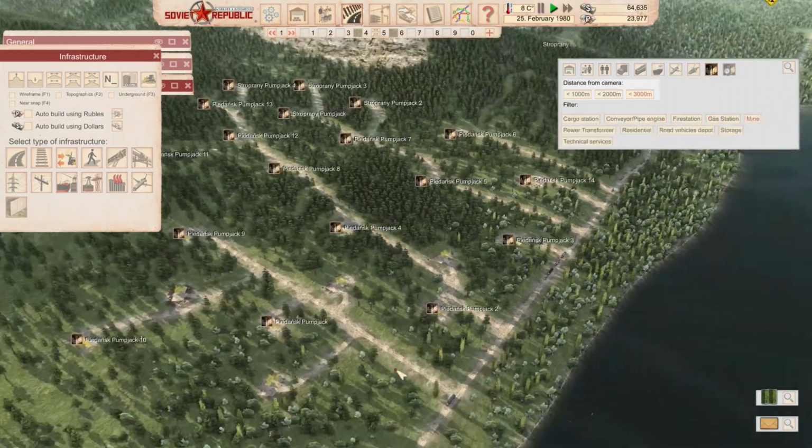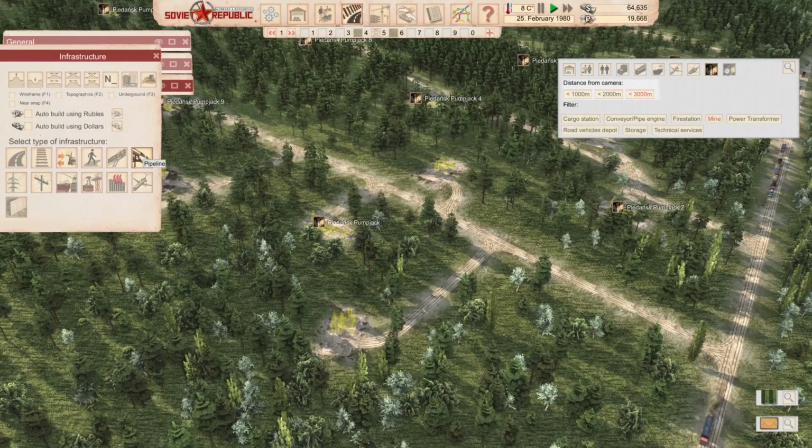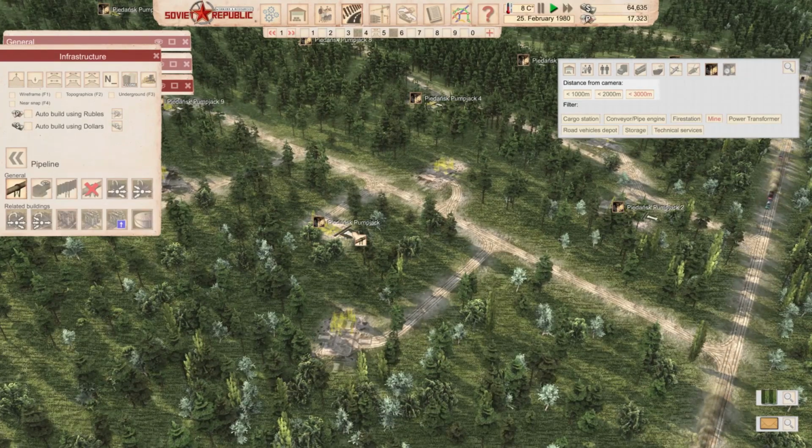So let's go like this. We're going to have a branch going from here. We said we're going to connect one pumping station here, and that's going to be pretty...